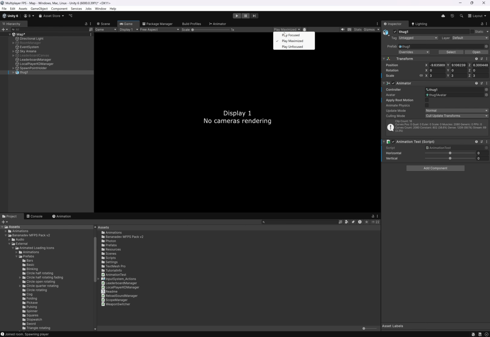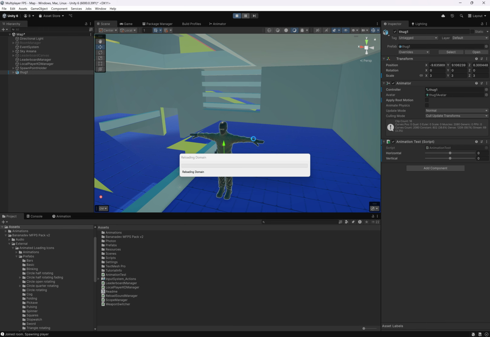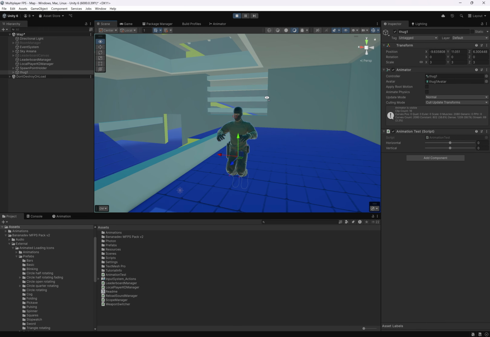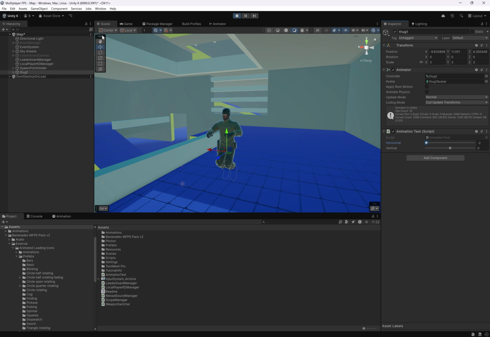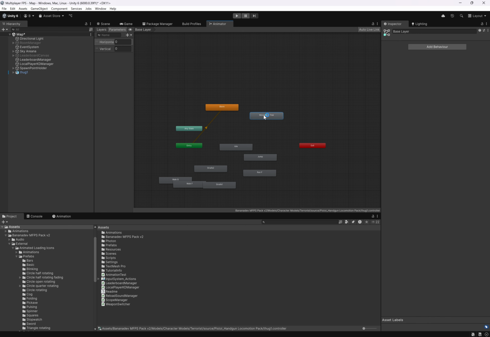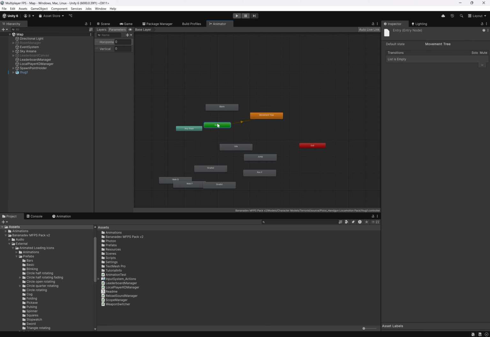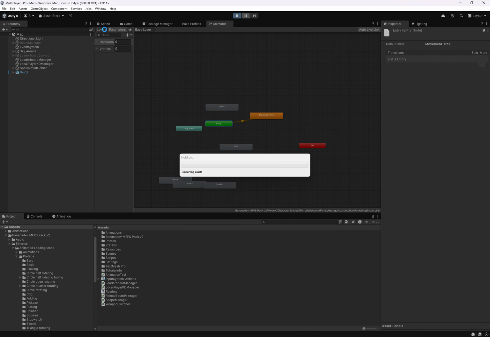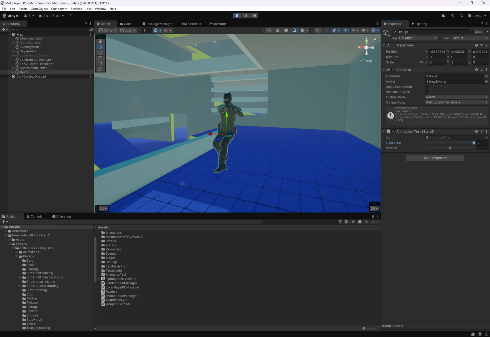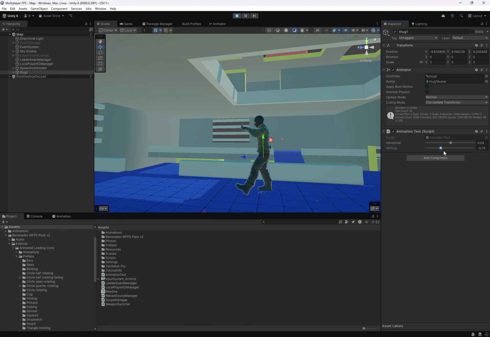In your game view, make this play unfocused so that we can view this while playing, and just click play. And if you go to your scene view, it is not working. Okay, we need to go to our animator. Let's right click on the movement tree and click set layer as default state. So it'll go from entry straight to our movement tree. And now this works as a charm. So we can walk forward, we can run backwards, we can walk backwards,